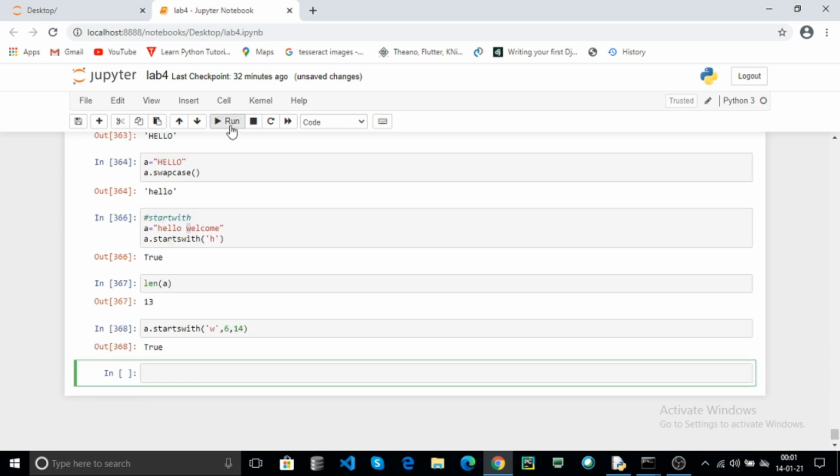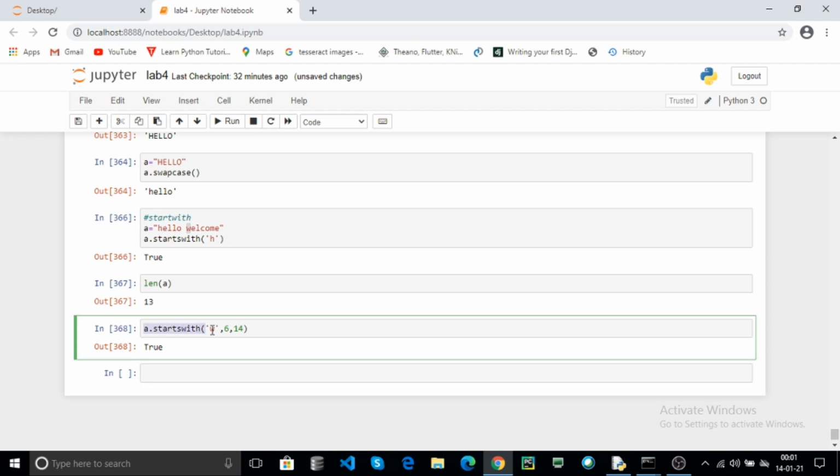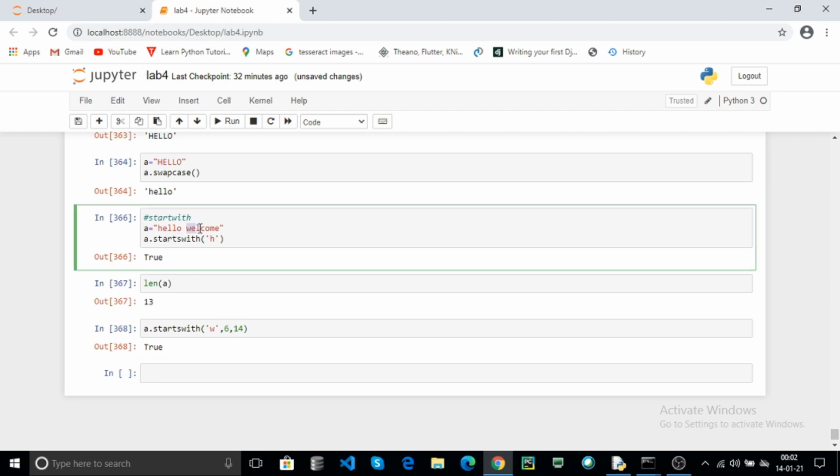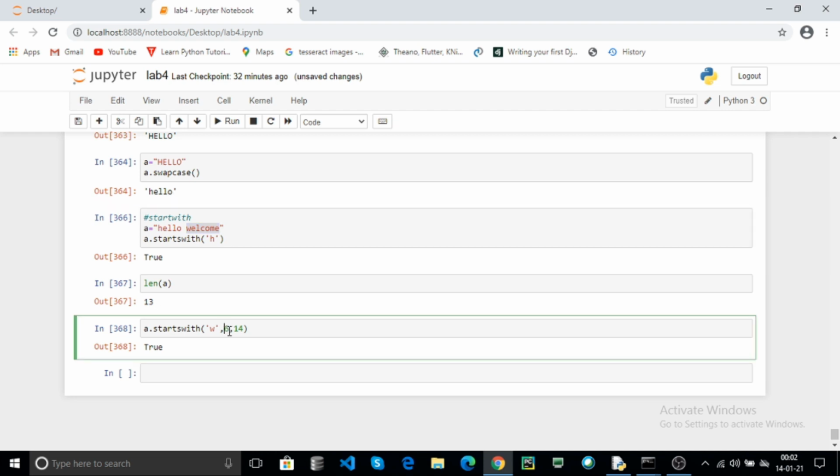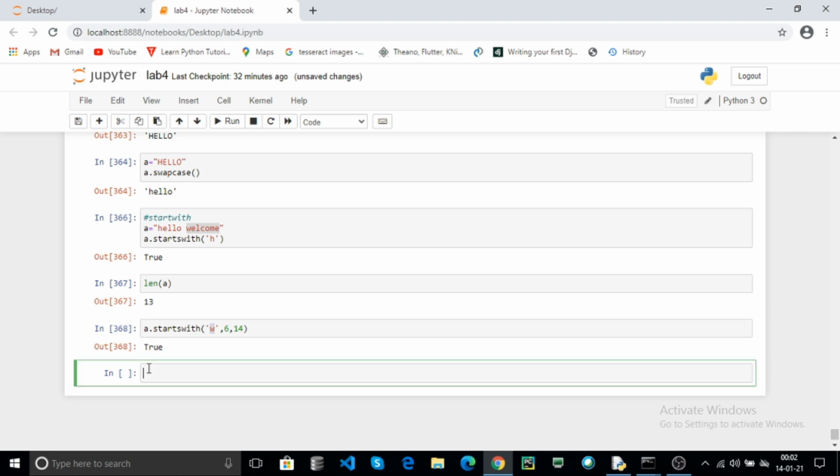Click on run. What does the statement mean? Here a starts with, from the 6th index to the 14th index. It checks from the 6th index before the 14th index. Here the 6th index is w, and before the 14th index is e. Here this is a substring. Here it returns the substring, welcome. If your string starts with w, that means your condition is true. It returns true. Otherwise it returns false.